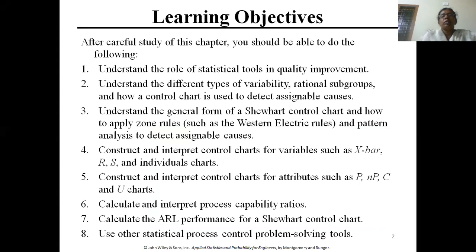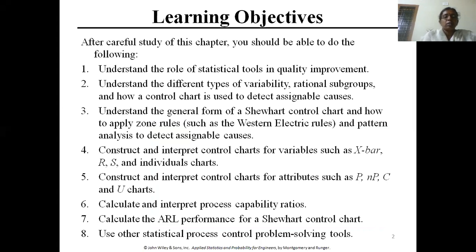to understand the role of statistical tools in quality improvement, understand the different types of variability, rational subgroups, and how a control chart is used to detect assignable causes. Understand the general form of a Shewhart control chart and how to apply zone rules and pattern analysis to detect